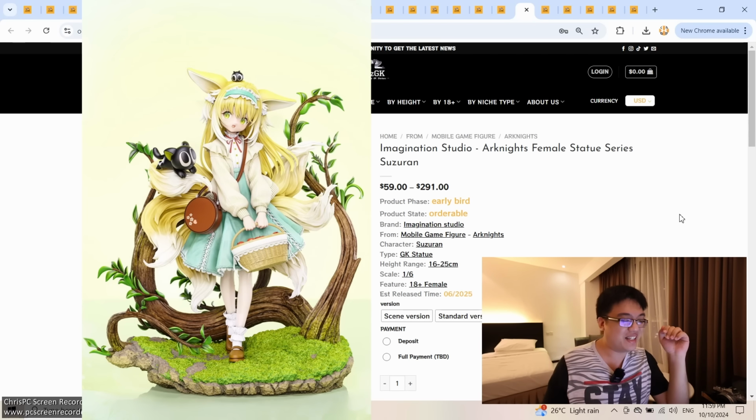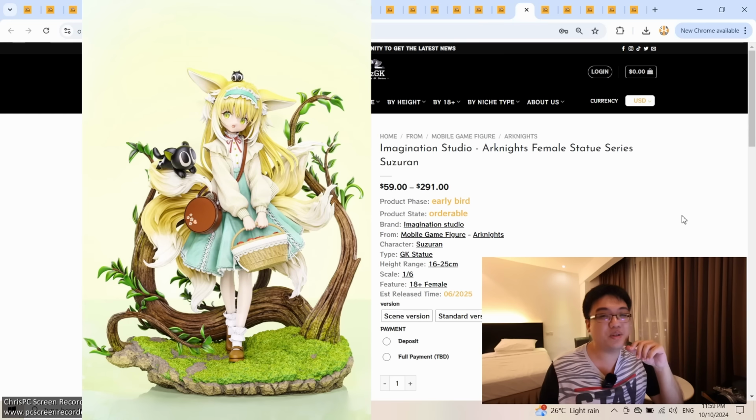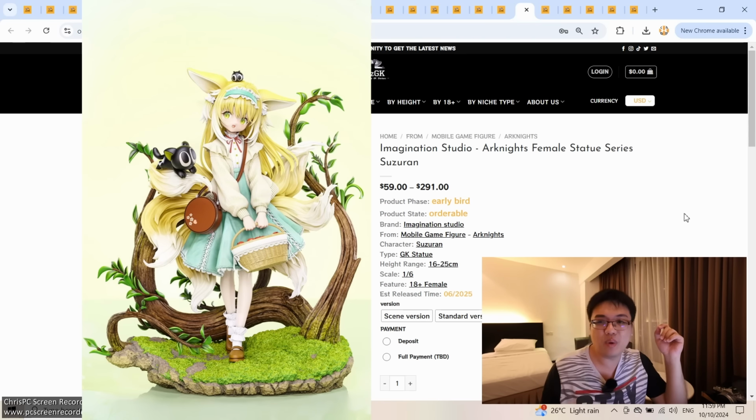Okay, moving on to the next one, Arknights. Suzuran again, you know that other Suzuran figure, which company was it? It was insanely popular for obvious reasons. But this one right here, what do you think? By Imagination Studio. Actually, I think the previous version was better. This one is not bad, right? Because,